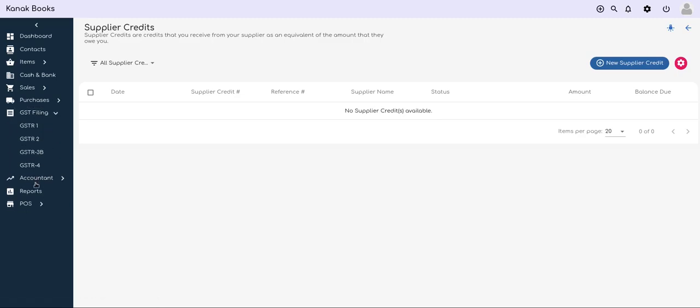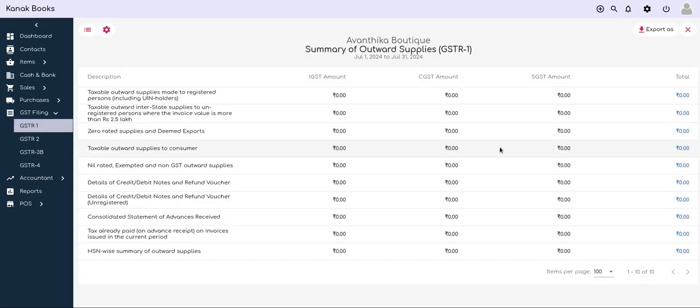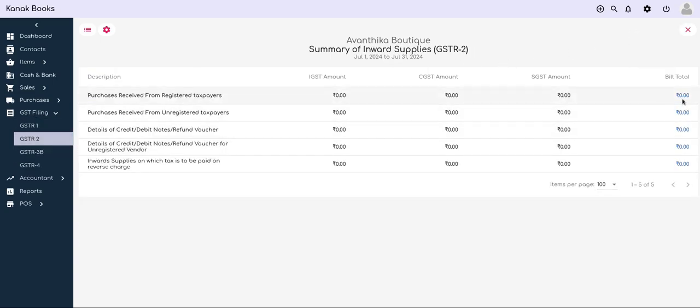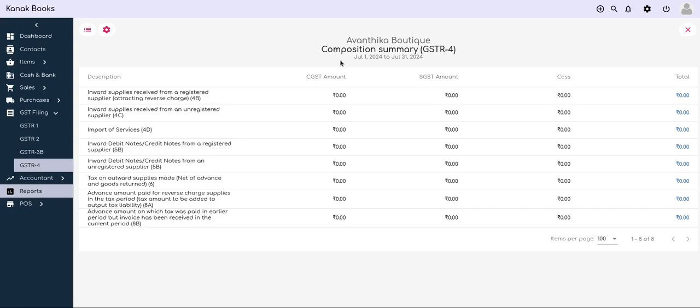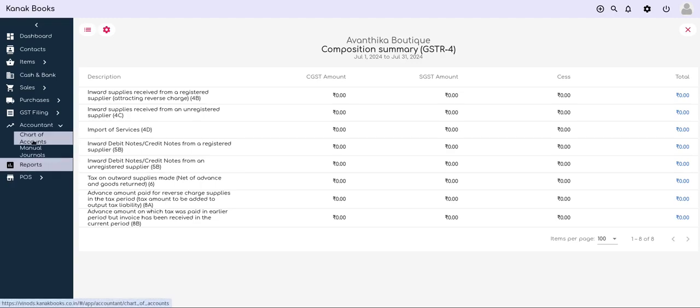GST filing section will help you generate GSTR1 JSON, which you can directly upload to the GST site. You can also perform GSTR2B reconciliation in this section. Composition GST users will get the GSTR4 composition summary report here. In the accountant section, you might find the chart of accounts and manual journals.